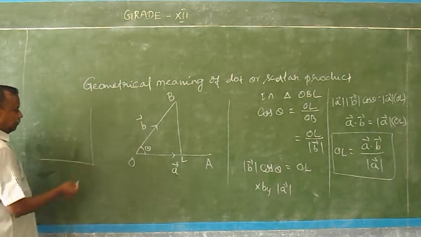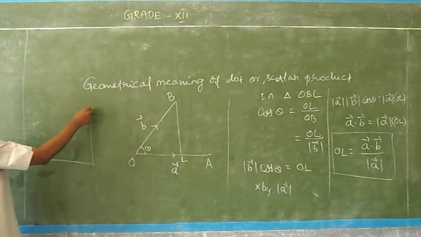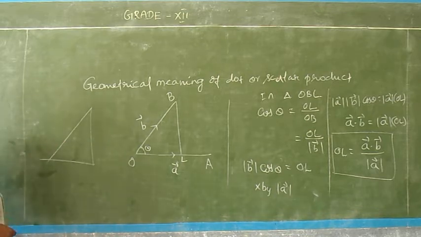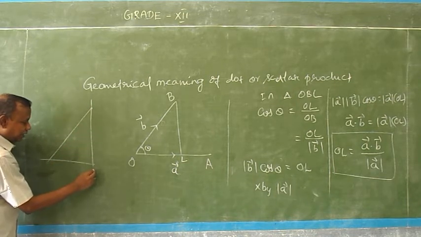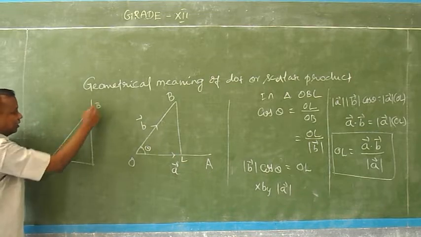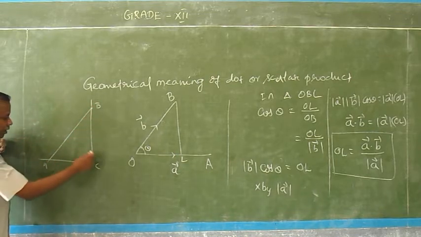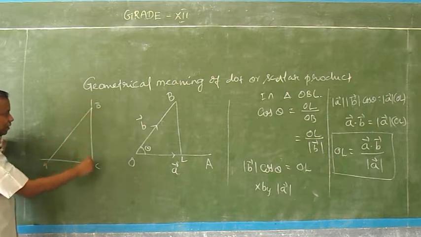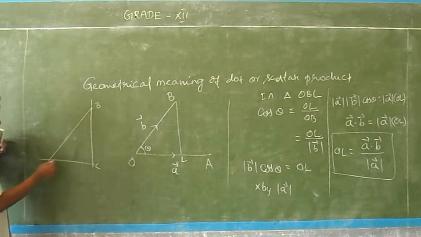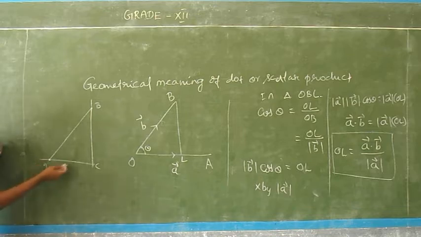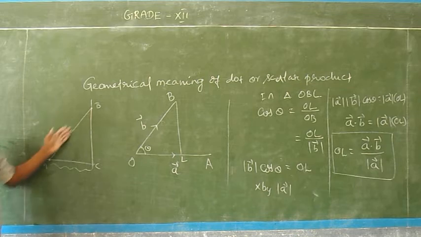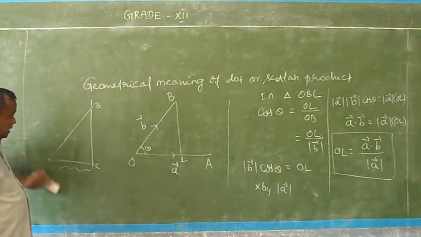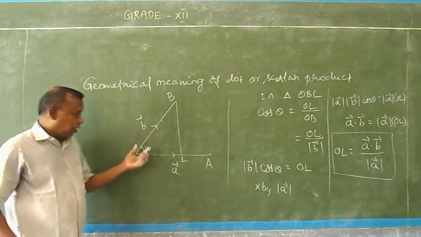Now, consider a floor at the bottom. If we place a ladder resting on wall and the floor, the shadow falls from the tip of the ladder here. Let it be ABC, AB be the ladder and C be the point of intersection of wall and floor. So B is the tip of the ladder, the shadow falls on the C, and A is the starting point of shadow. So since AC is the shadow of AB, the ladder AB on the floor, likewise geometrically the dot product is,